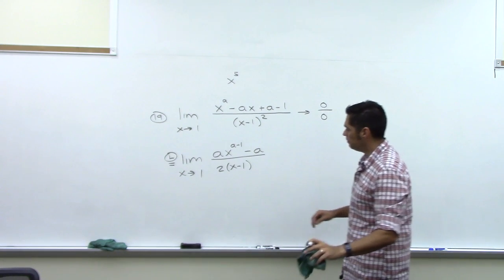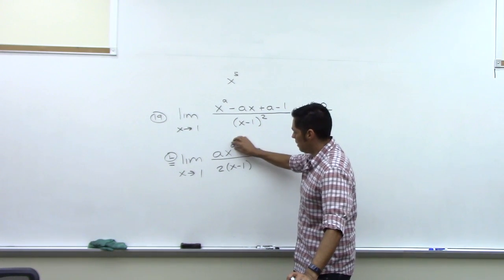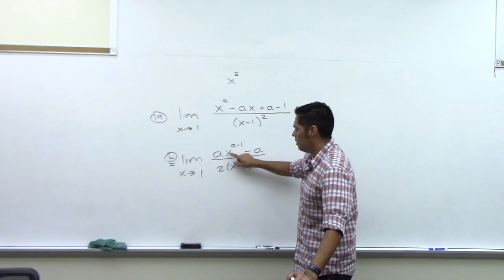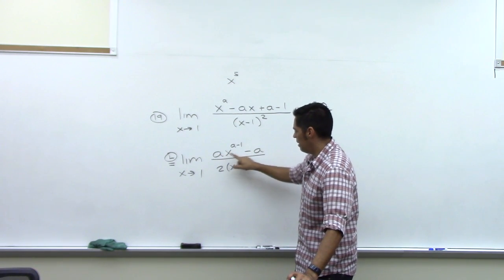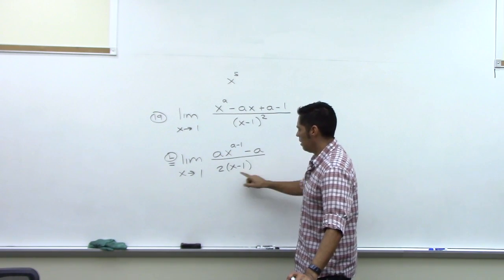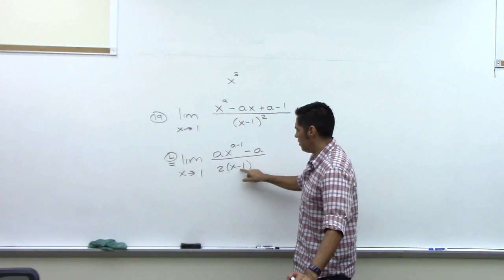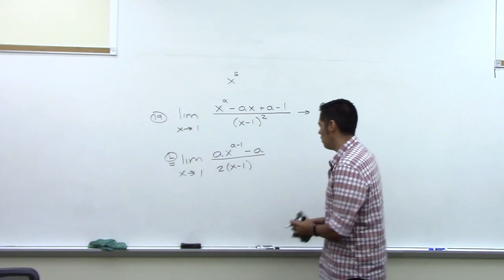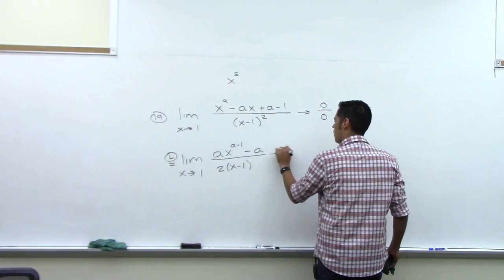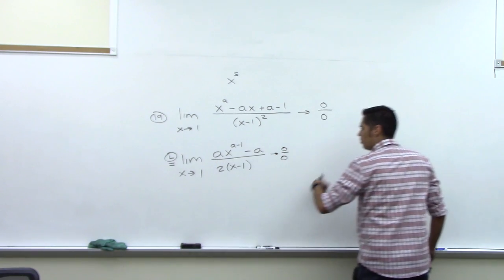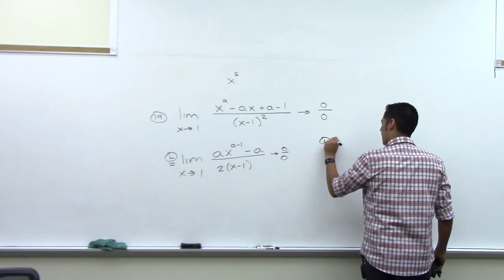Let x go to 1. 1 raised to any power is 1. So that's a times 1, that's a. a minus a is 0. x is 1, so 1 minus 1 is 0. 2 times 0 is 0. So we still have 0 over 0. So that equals, by L'Hopital's rule again,